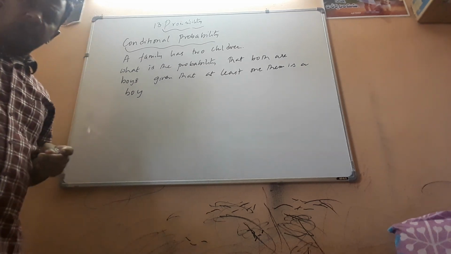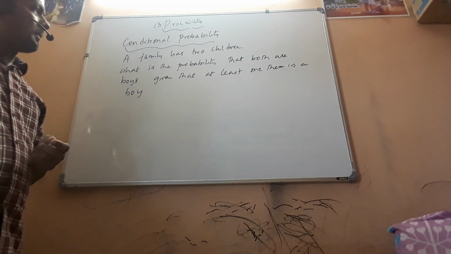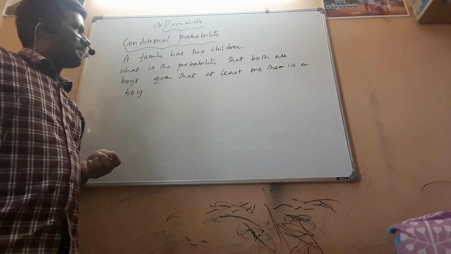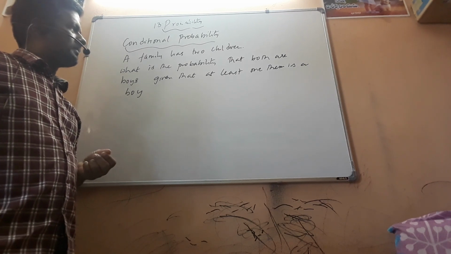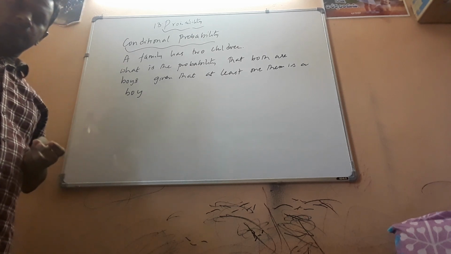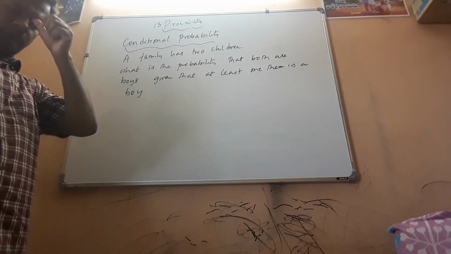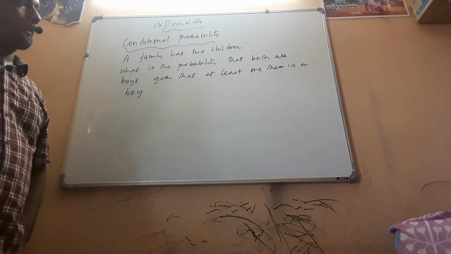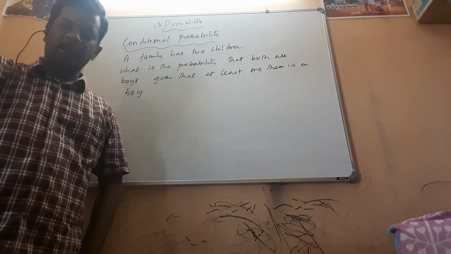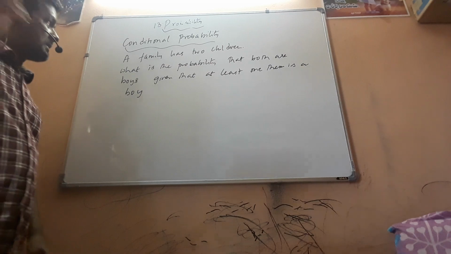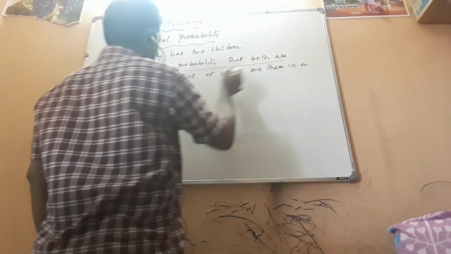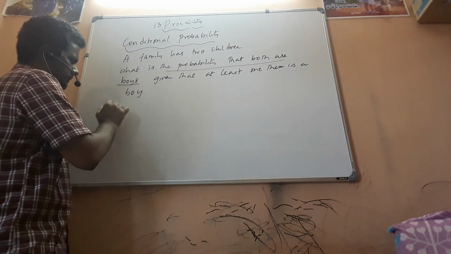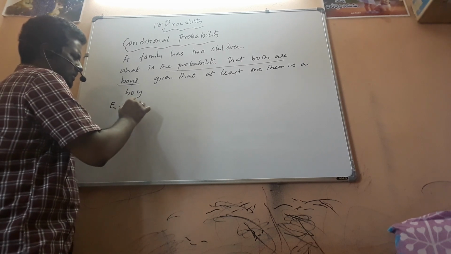Sir, it will be 2 by 4, 1 by 2. Or 2 by 3, I'm not sure. I was thinking it can be 2 boys, or 1 boy 1 girl, then 1 girl 1 boy, then 2 girls. Okay. Let me explain this. If you notice here, what was asked in the question? Probability that both are boys. First of all, define the event E. Event E is both are boys.